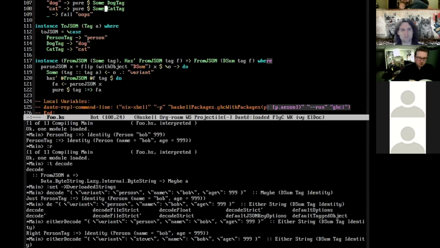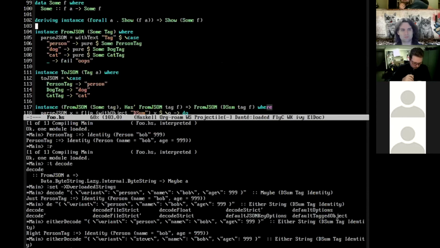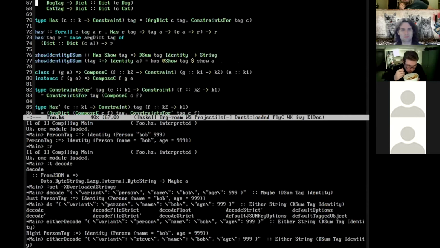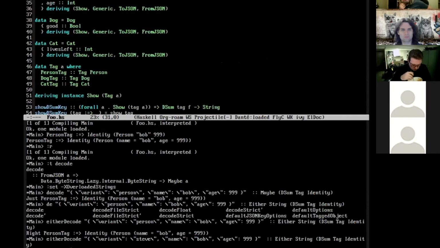So why do I like this? Using the dsum stuff means you avoid the awkwardness of trying to have records inside a sum type to some extent.